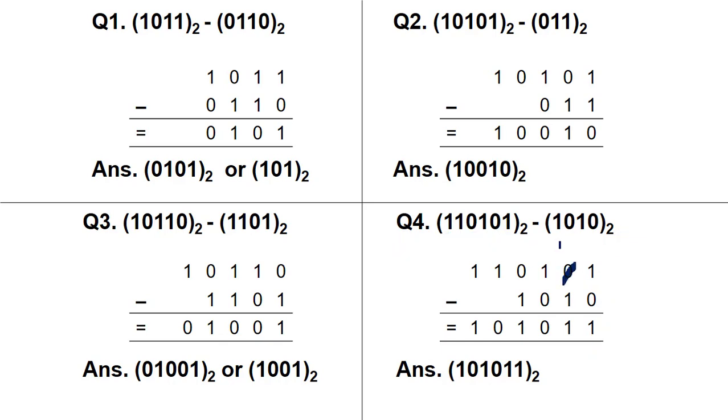So you will take a borrow, it will be converted to 1, 0. And this 1 will be converted to 0. Fine. And then when you subtract this 1 from this 1, 0, the result will be 1. Next we have 0 minus 0, result will be 0. Then again we have this 0 minus 1, and here we have to take a borrow. Fine. So when you take a borrow, this 1 will be converted to 0, and the 0 will be converted to 1, 0. Now you have to subtract 1 from the 1, 0, result will be 1.